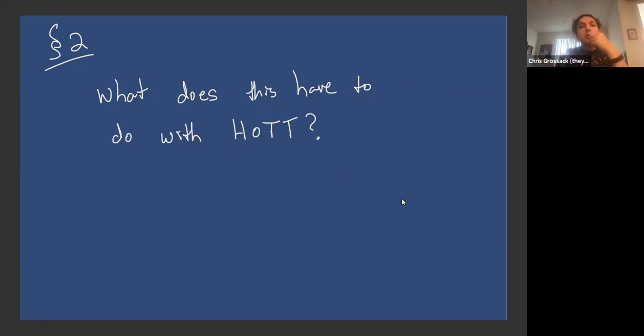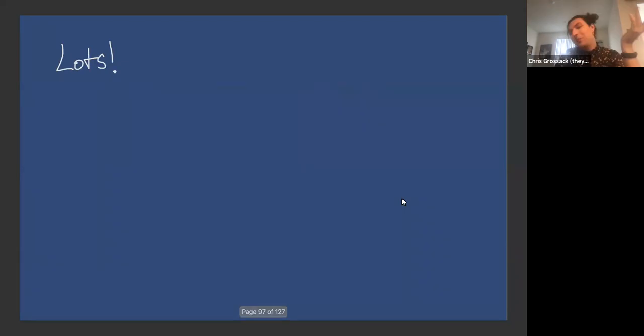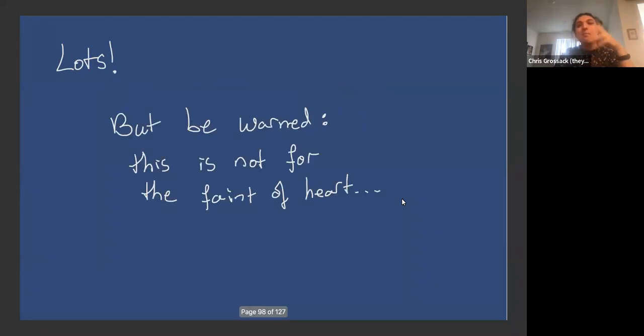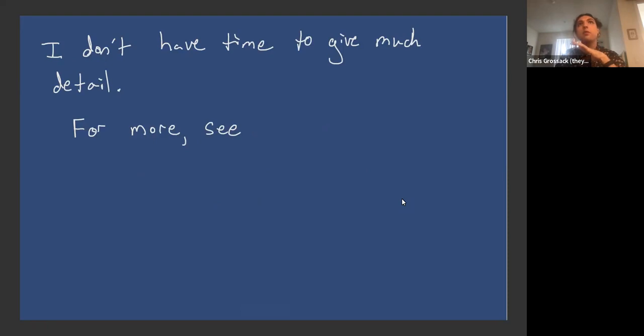So what does all this have to do with homotopy type theory? Lots, obviously, but be warned, this is not for the faint of heart. We're going to move on. I'm going to gloss over a lot of things, but we have lots of references which have come out fairly recently for really describing in really good detail what's actually going on here if you want to get into the